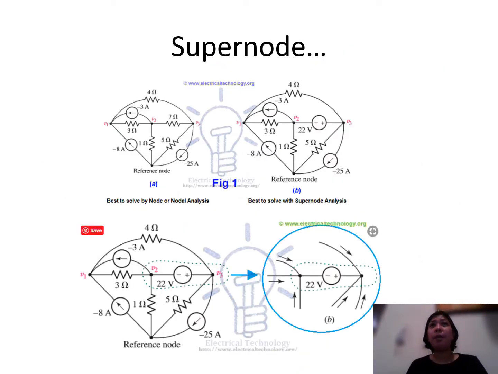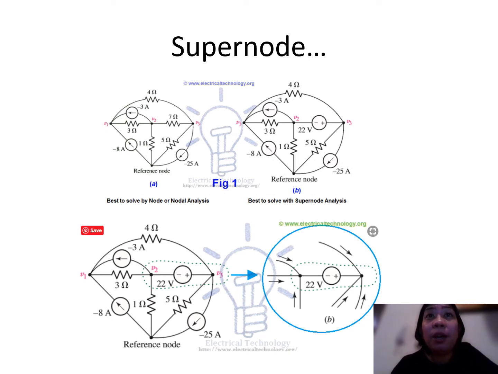Okay, you remember in mesh analysis, we have a super mesh. That is every time you have a current source between 2 meshes. In this case, we have a super node. So what is a super node? A super node happens whenever you have a voltage source between 2 nodes. Super mesh is when you have a current source between 2 meshes; a voltage source between 2 nodes means we have a super node. Just like here,